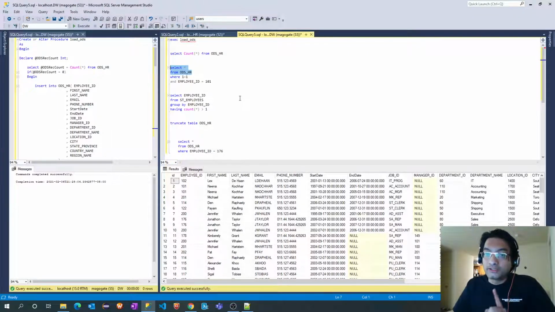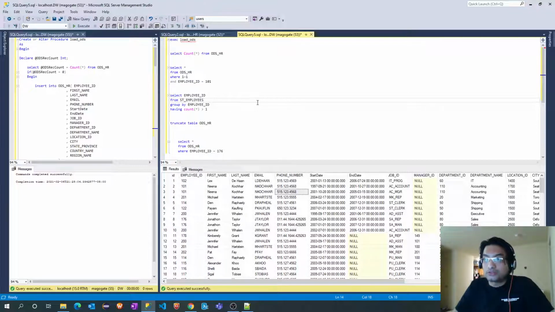Now, one more thing which we are missing is, let's assume some name got changed, or maybe email ID or phone number got changed for any of the employees. In that case, that record will not get inserted into the job history table. It will not create any additional record.